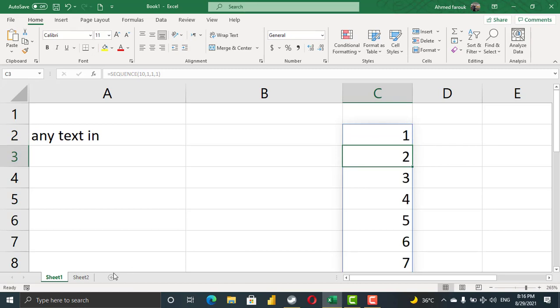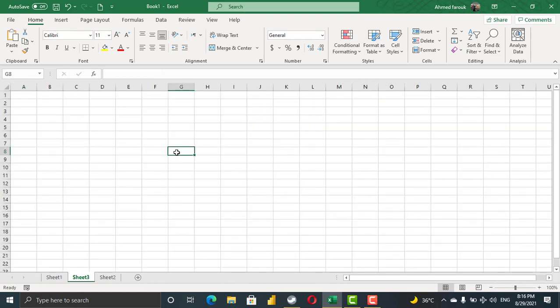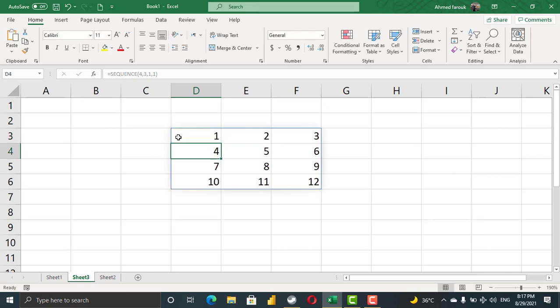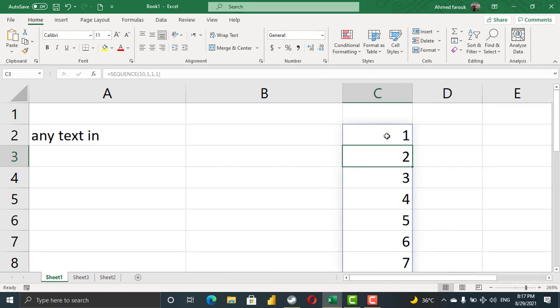The sequence also can take 2 values. So if I use sequence to create, let's say, 4 rows and 3 columns, starting from 1, 1, it would create 3 columns and add 1 with each movement. So 1, 2, 3, 4, 5, 6, and so on. So in this case, I can create here, instead of starting